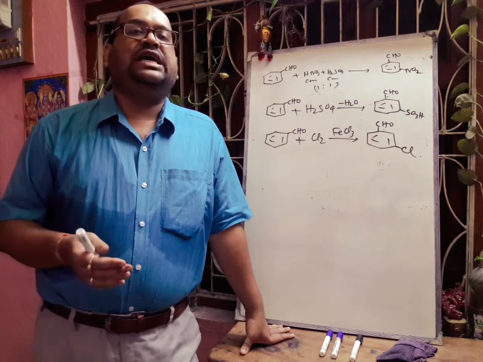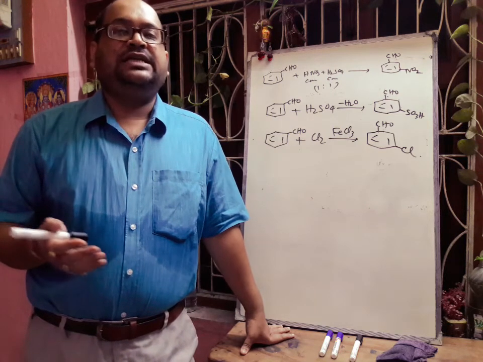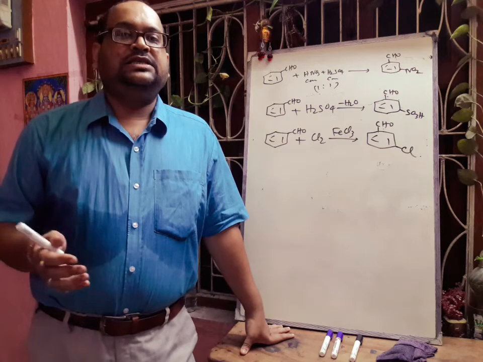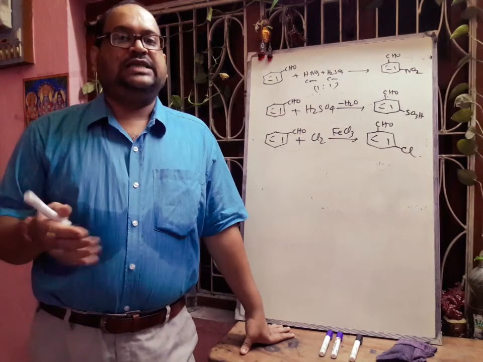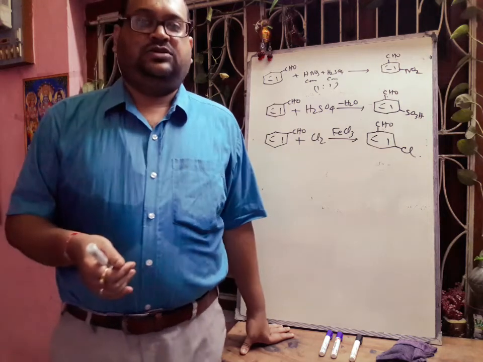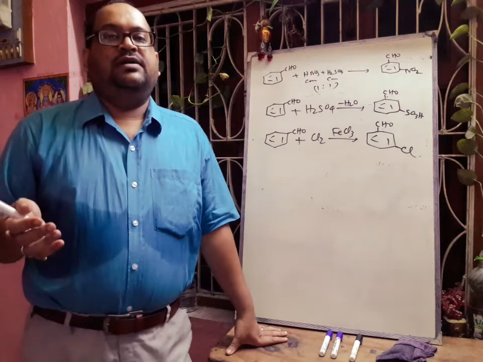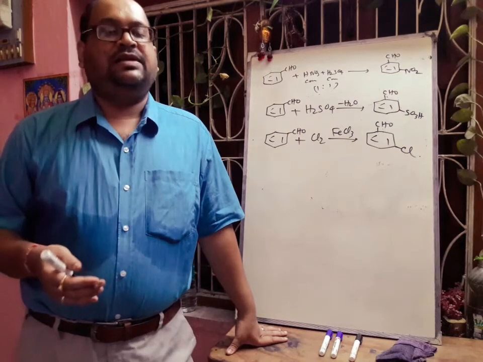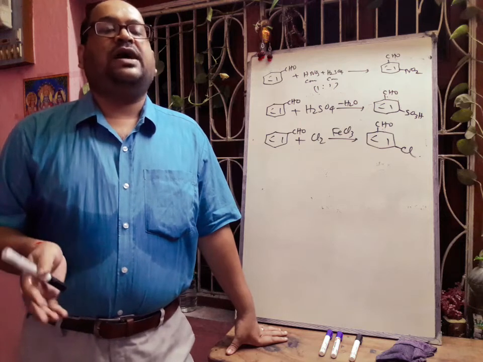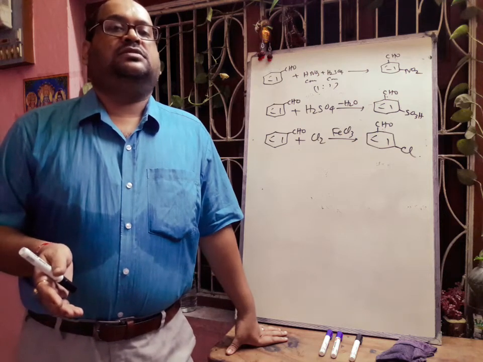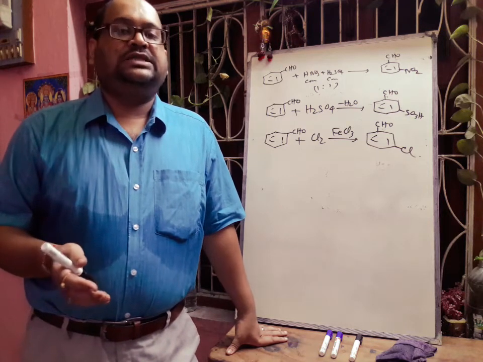Next, we will discuss the uses of benzaldehyde. Actually, benzaldehyde can be used as a flavoring agent in the perfume industry. In synthesis of Schiff base, benzoin and benzoin condensation we have already discussed, and benzoyl chloride, benzaldehyde is used. In the manufacture of dyes like malachite green, benzaldehyde is used. And in preparation of cinnamic acid and cinnamaldehyde, benzaldehyde is also used. So in this way, we have completed the aldehyde ketone part. And next we will start the next functional group, that is the carboxylic acid.